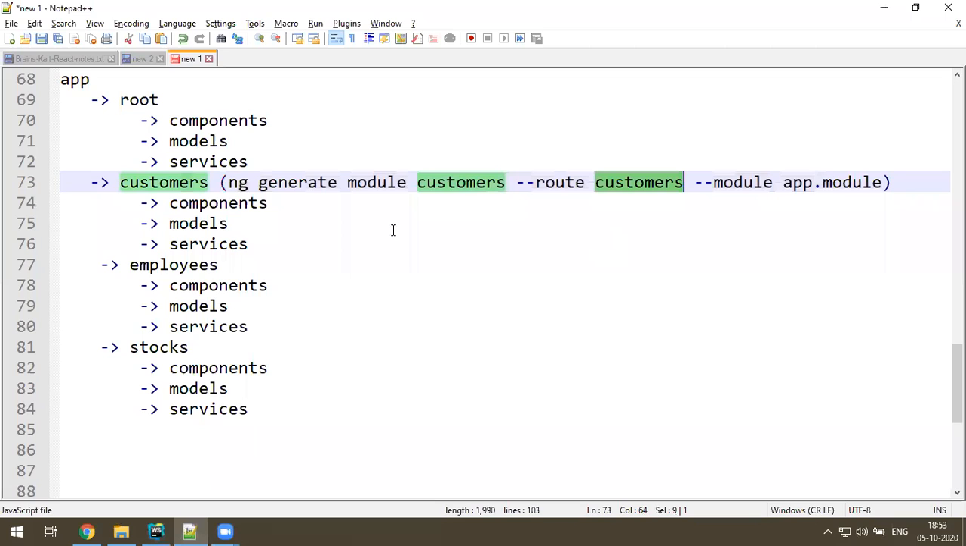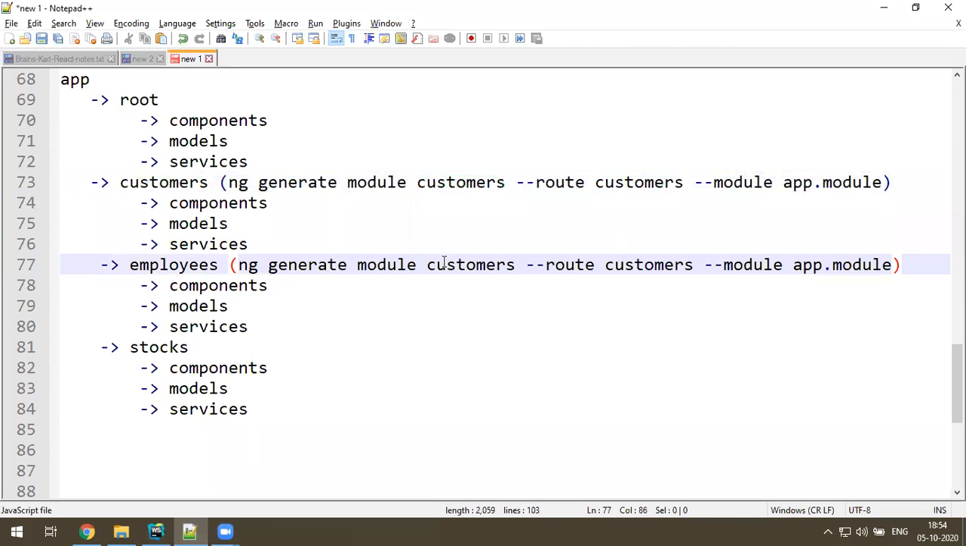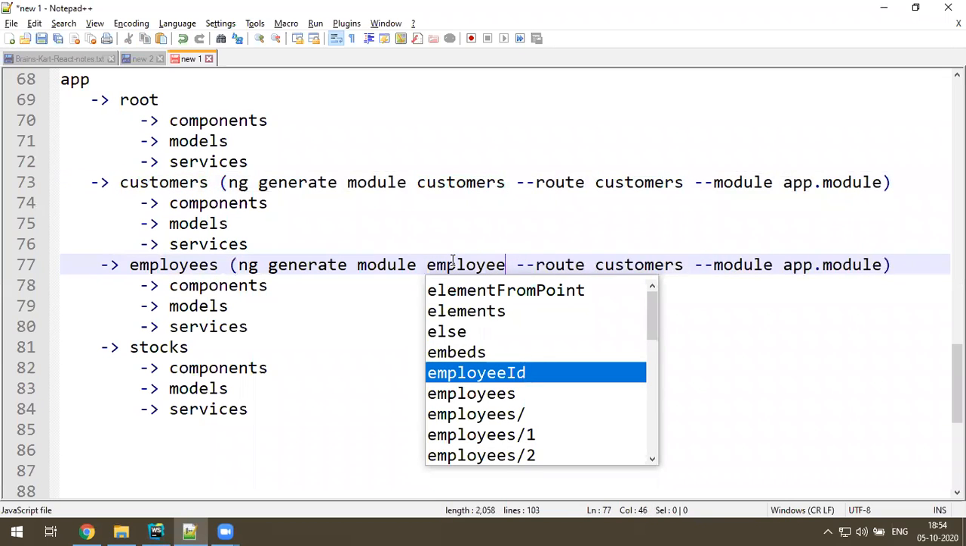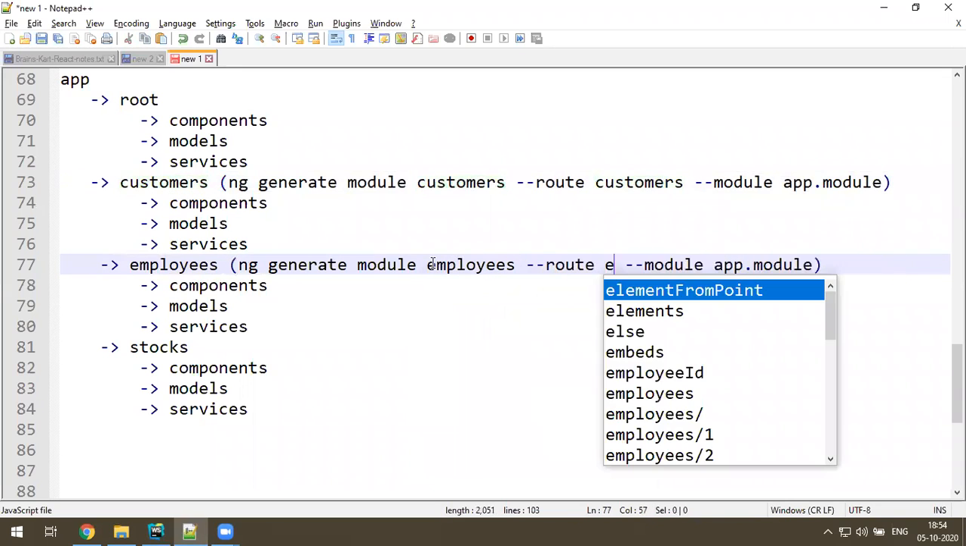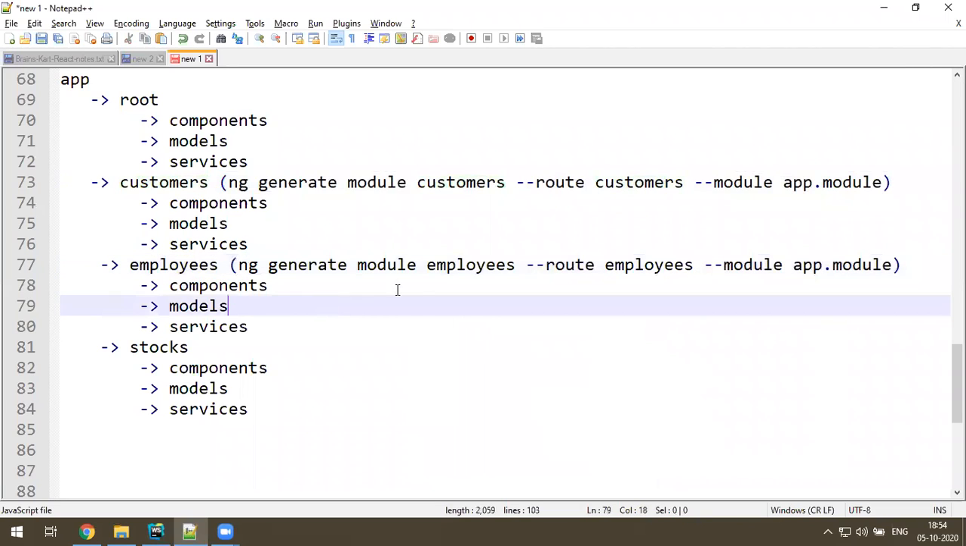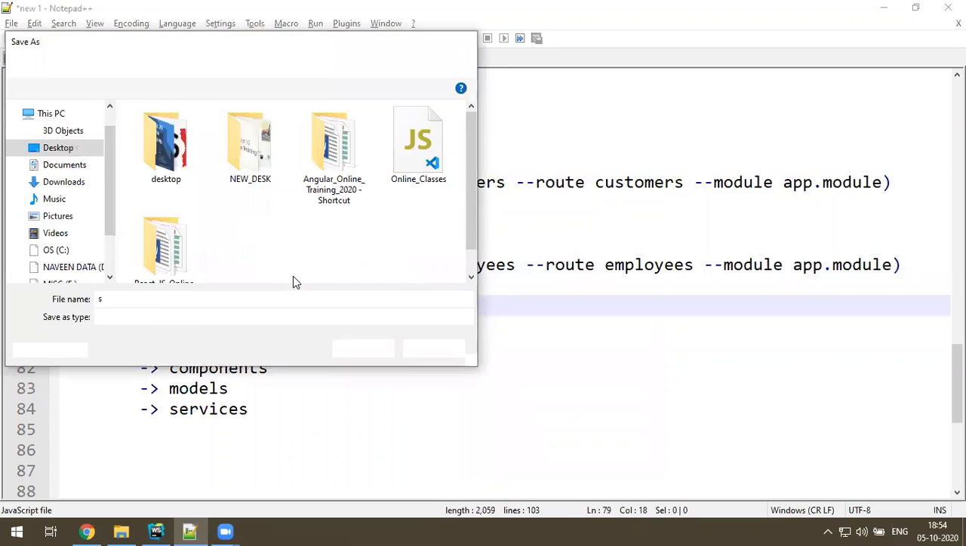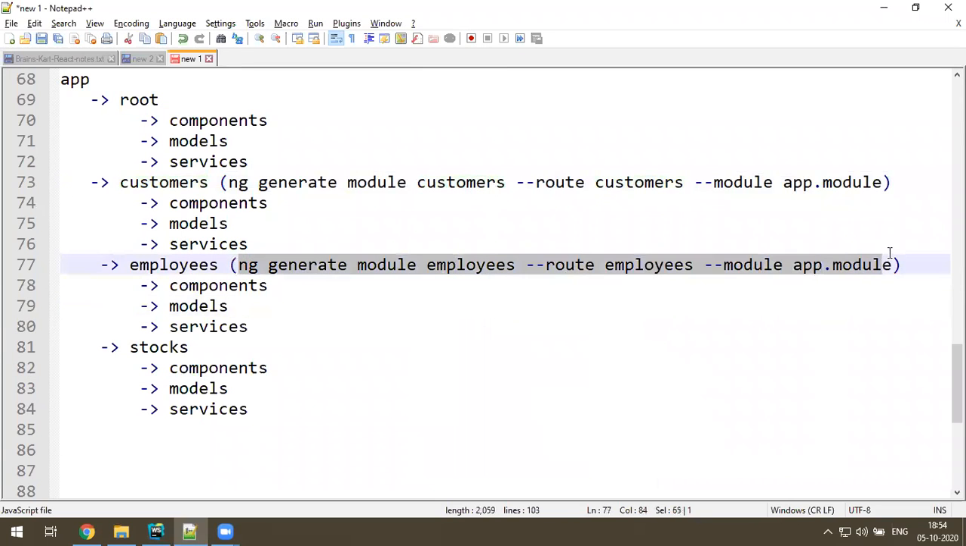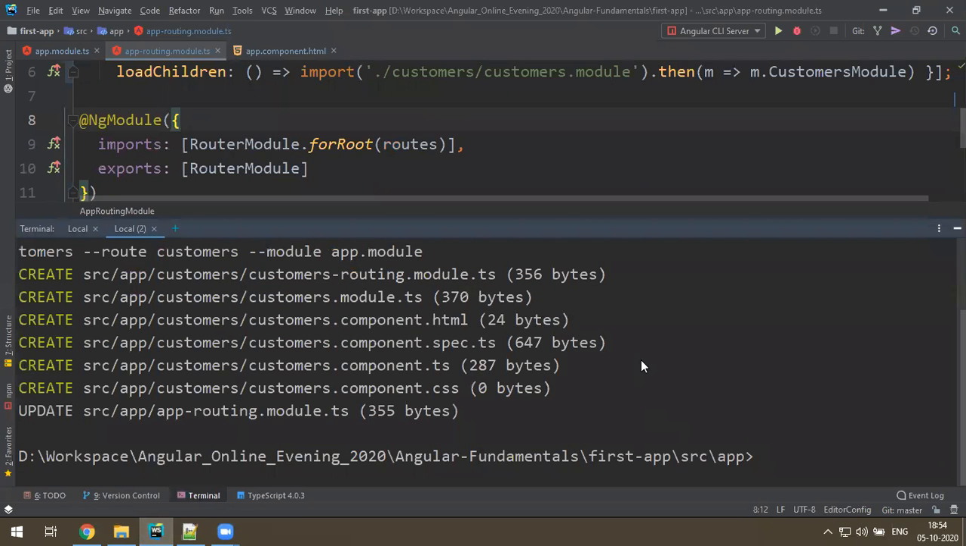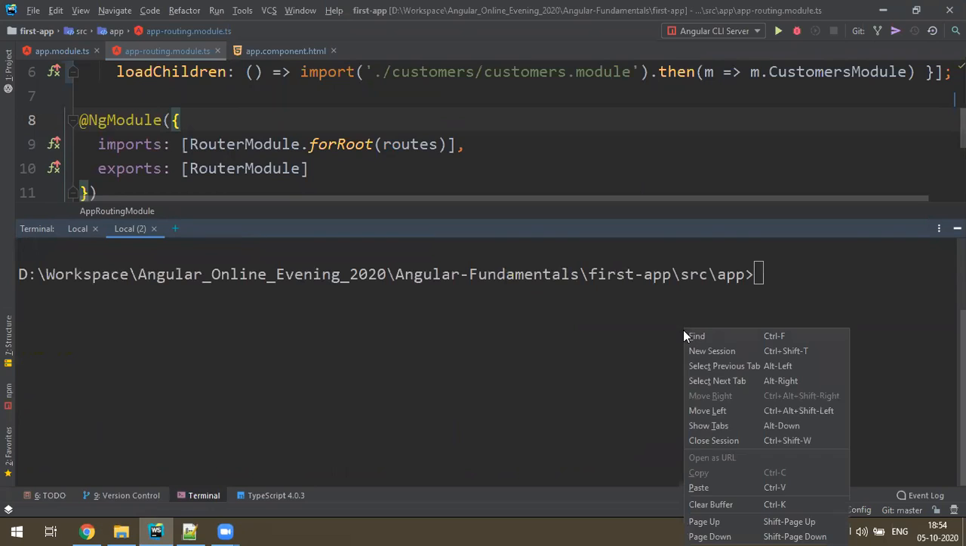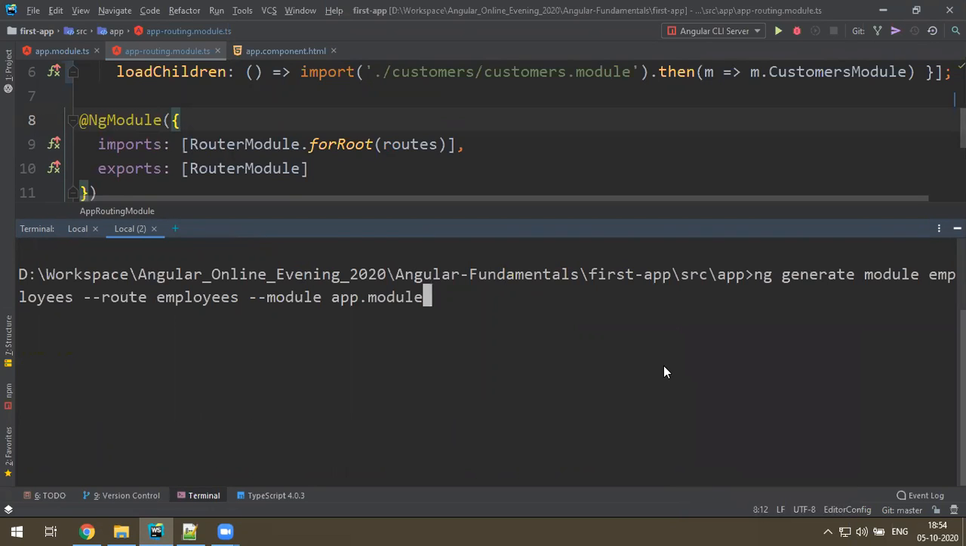Okay, now let's create another module. Copy this. So let's make employees. Okay, this is also path employees only. Employees. Okay, now save it. Let me copy this. Go to the same location, because in the same folder I want to create a new folder. So paste it in the app folder only. Enter. It creates the employees module now,